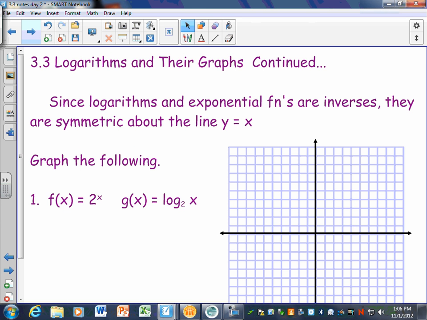So we talked about yesterday, here's the big thing. A logarithmic function and an exponential function are inverses of each other. And there's certain things that we should know about inverses. One of them is they're symmetric about the line y equals x. And so what we're going to start with is we're going to graph both the